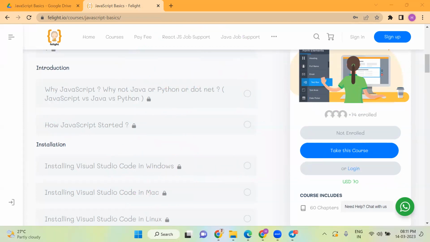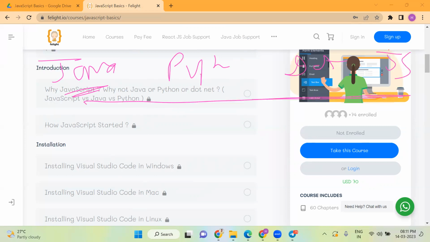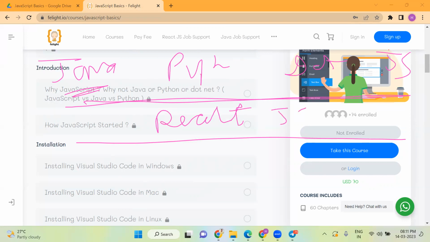Now coming to Java. If you want to become a full stack developer in Java, for the front end you make use of React.js, which these days has become a standard practice, or Angular. Either you make use of React.js or Angular. But in Java, for the backend and database part, you would study Spring and Hibernate.